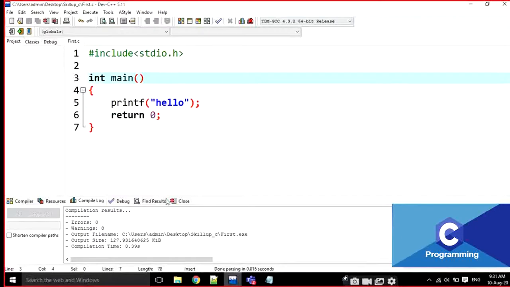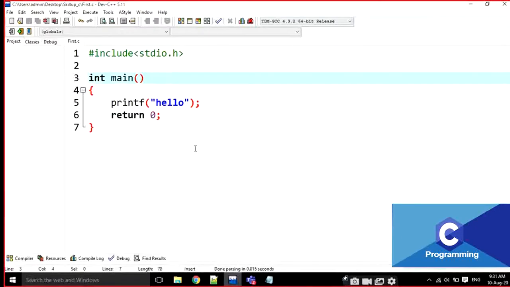Why? Because all the coding competitions are using it like this. When we are appearing for any competitive exam, if you go for void main and return nothing, it will give some warnings. We have to follow the trend, right? That's why I am going for int main and return 0. There is no need to write void like this. Okay, this is the basic structure of a C program.